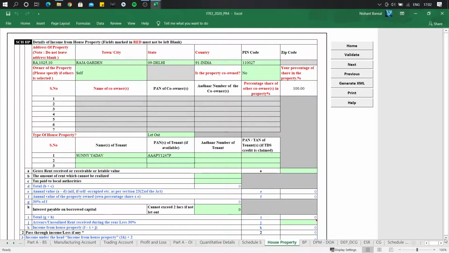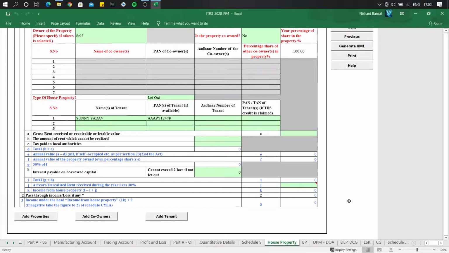So now let's come to income details of house property. So gross rent is given and standard rent is given. So obviously we will take gross rent, which is 48 lakhs, because standard rent defines the maximum rent which can be charged from tenant. So in case gross rent would have been more than standard rent, then in that case standard rent would be taken as the gross rent received or receivable for the purpose of calculation of income tax. So 48 lakhs.